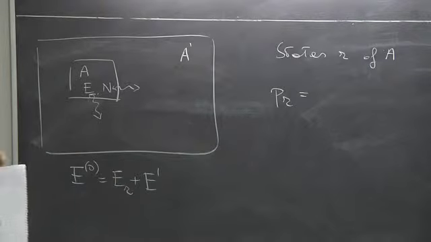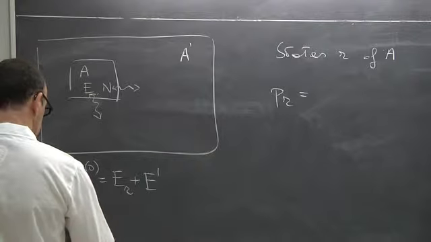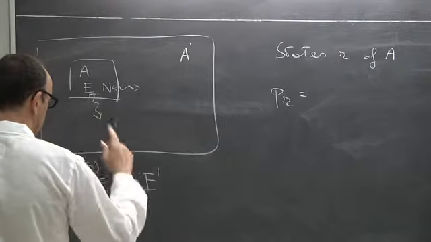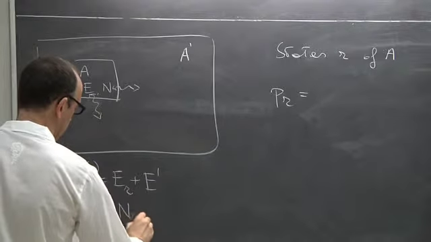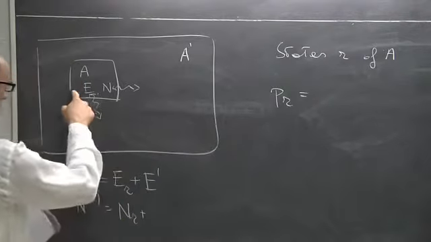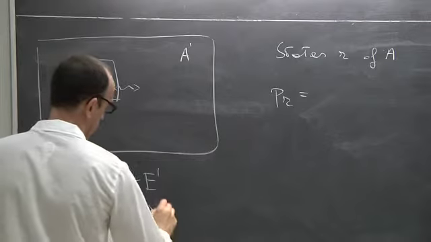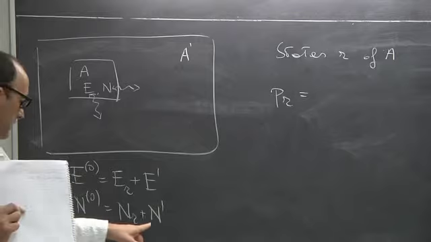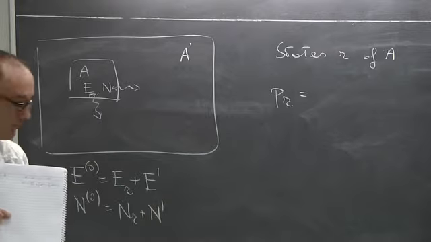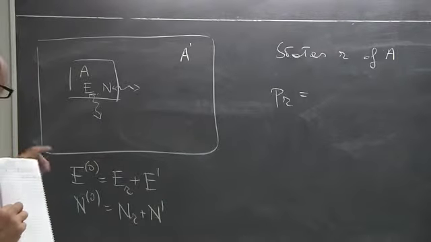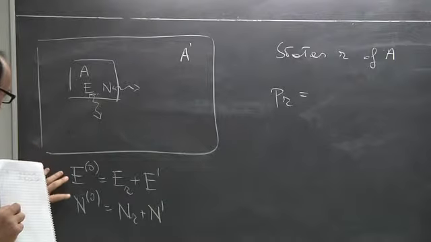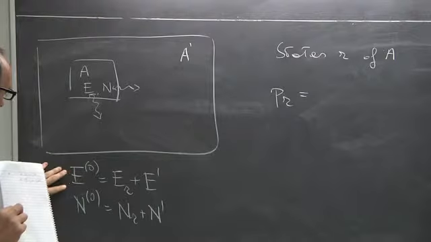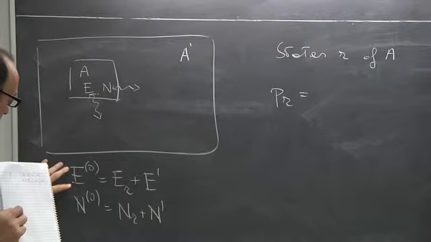And we also know that the number of particles for the combined system will also be conserved, and this will be the number of particles of the system A plus the number of particles of the heat bath. Okay. Now, the probability to find the combined system in a state with this energy and this number in a particular state is